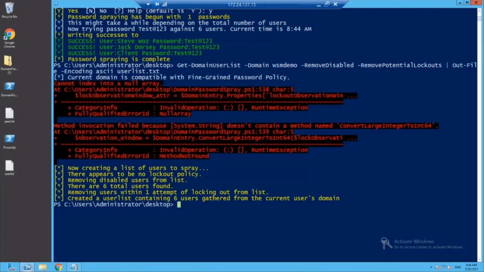Now what I intend to do is run the password spray tool again, but this time I want to use a list of passwords. Essentially, a password spray and a dictionary attack can go hand in hand. I want to invoke my DomainPasswordSpray PowerShell script right here and match it against the user list I've just generated. So I'm handpicking the list of users who are to be password sprayed. I am selecting the domain from where it's going to be run. The password list that has to be sprayed across is selected.